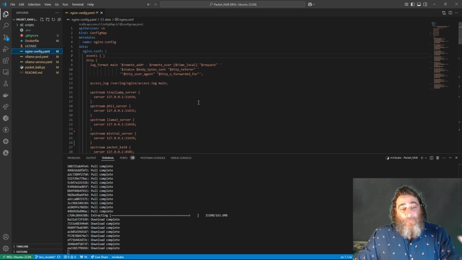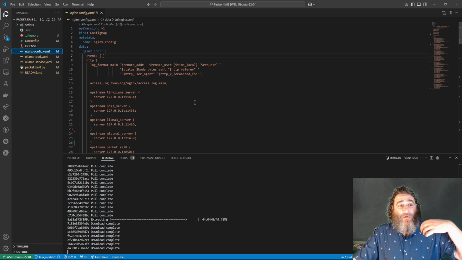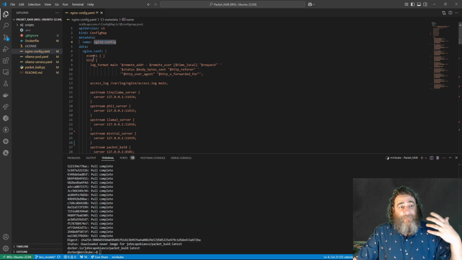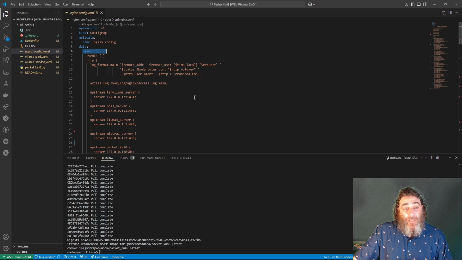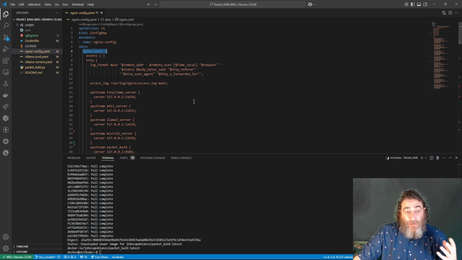So before I bring up the pod, I want to build this NGINX conf file, so when the NGINX pod gets created, it has these settings to start doing